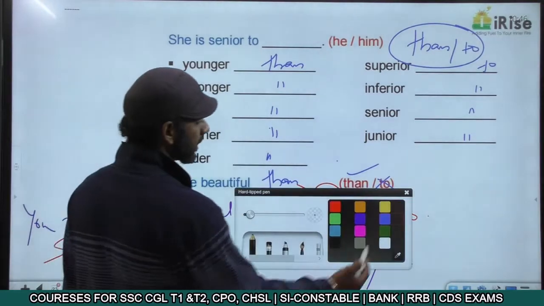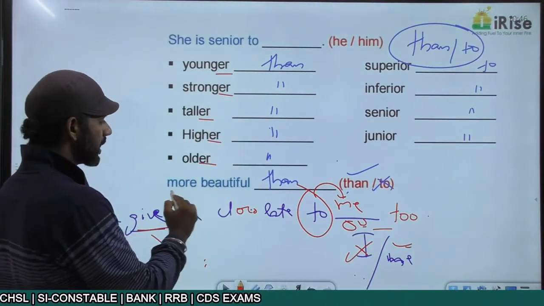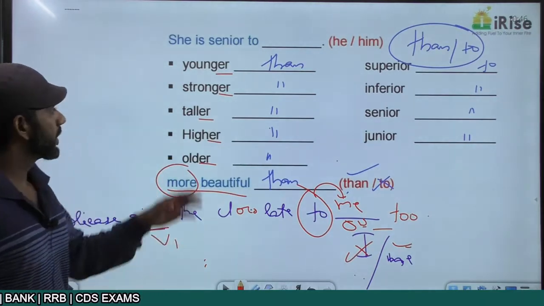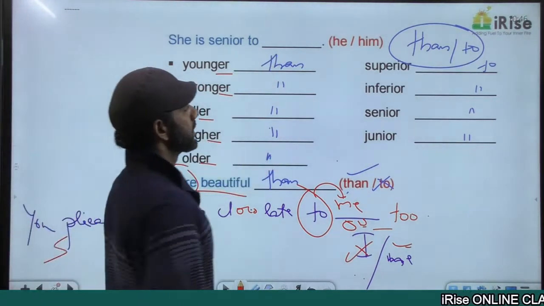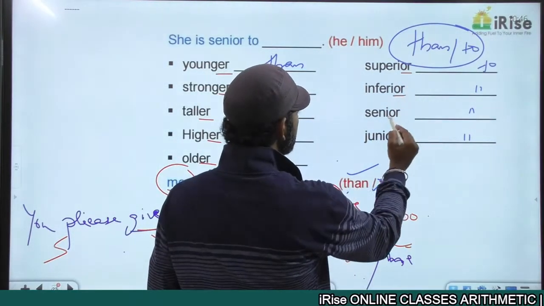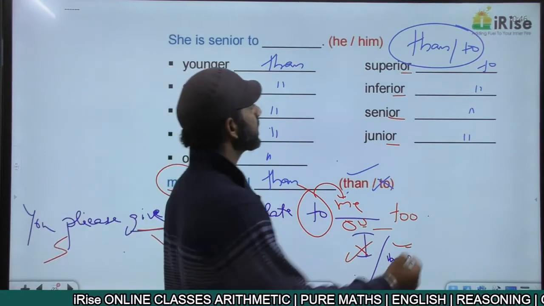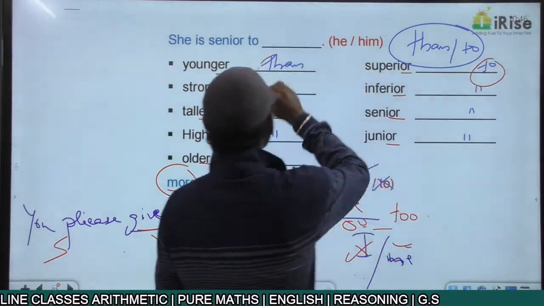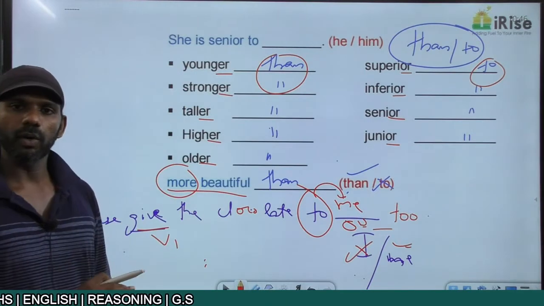Younger is ER. Younger, stronger, taller, higher, older. More beautiful is a more word. So ER words and more words are followed by than. OR words: superior is OR, inferior, junior, senior. All these are OR, and OR words will be followed by to. This is the rule. So ER words and more words, comparative degree adjectives, are followed by than, OR words followed by